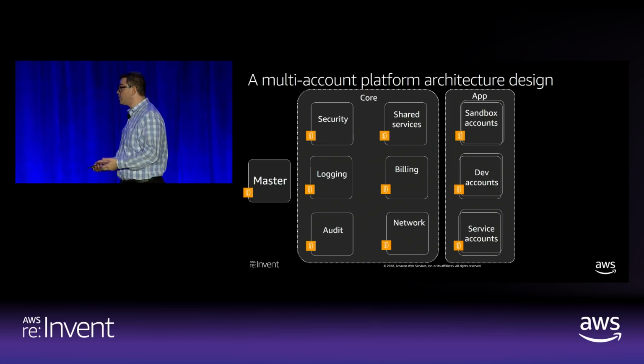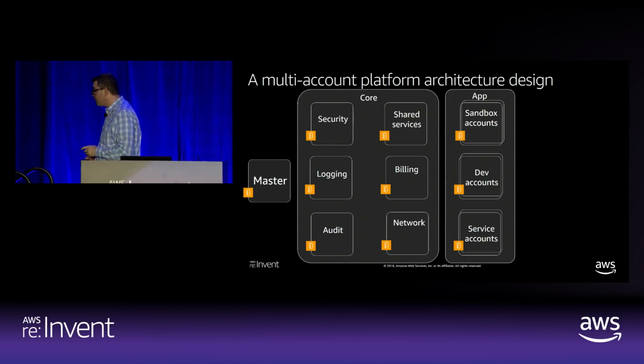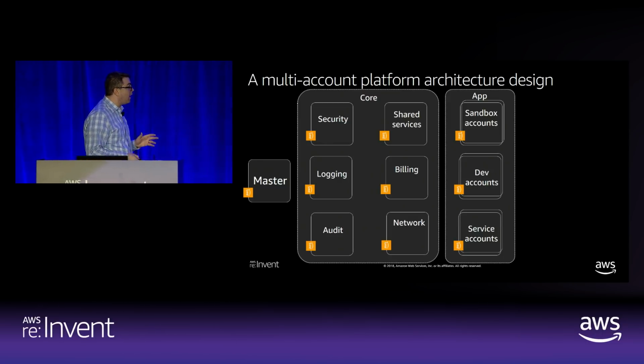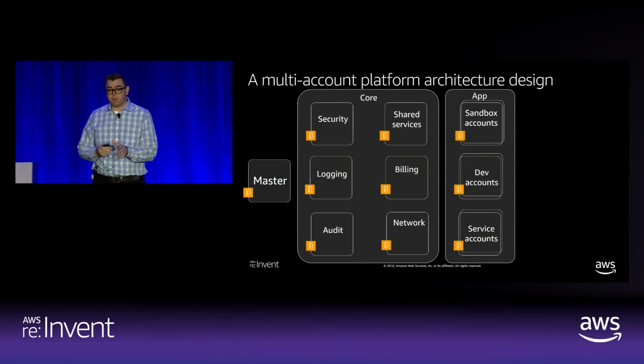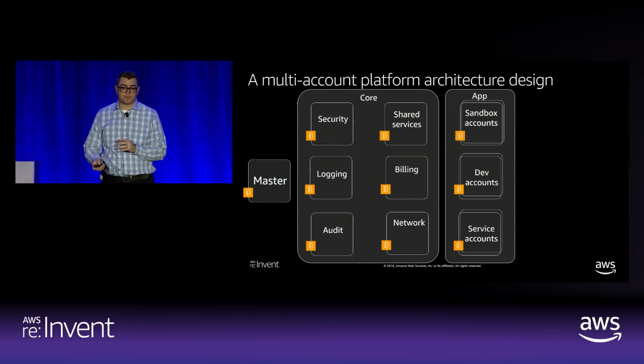You're charging them potentially for an entitlement. And you want to make sure that what you're charging them is segregated into a different account. Network's interesting, and we'll talk a little bit more about that in some upcoming slides. So ultimately, on the right-hand side, you can see a number of application accounts. And what I want to focus on in these application accounts is primarily the service accounts.